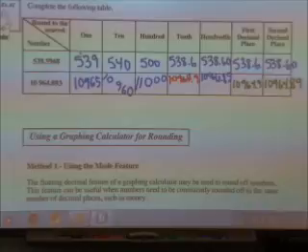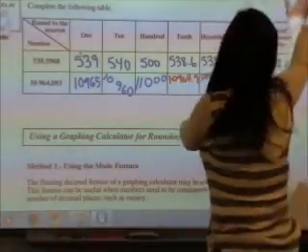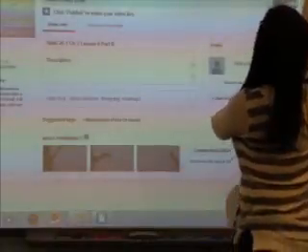The next part looks at using a calculator to round. I'm not going to go through that very much because I don't think it's necessary. You should know how to round without using your calculator. However, using your calculator to round,